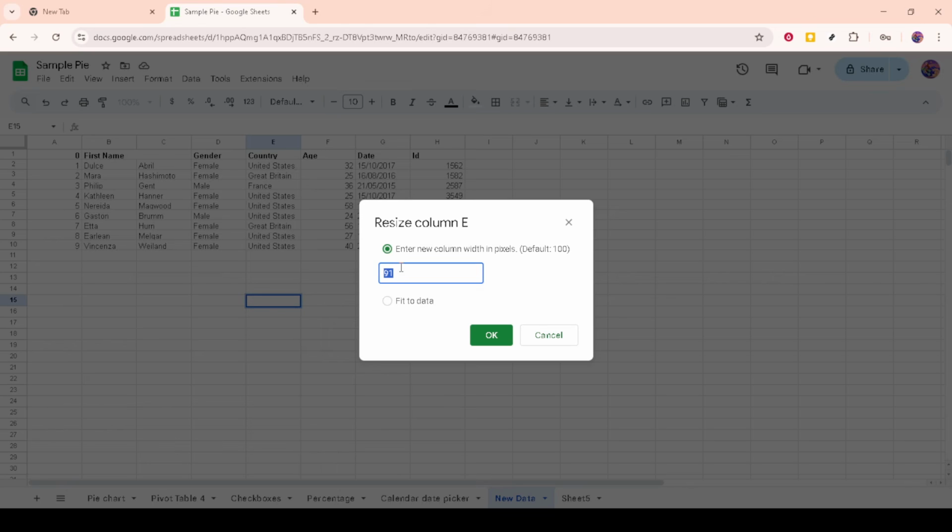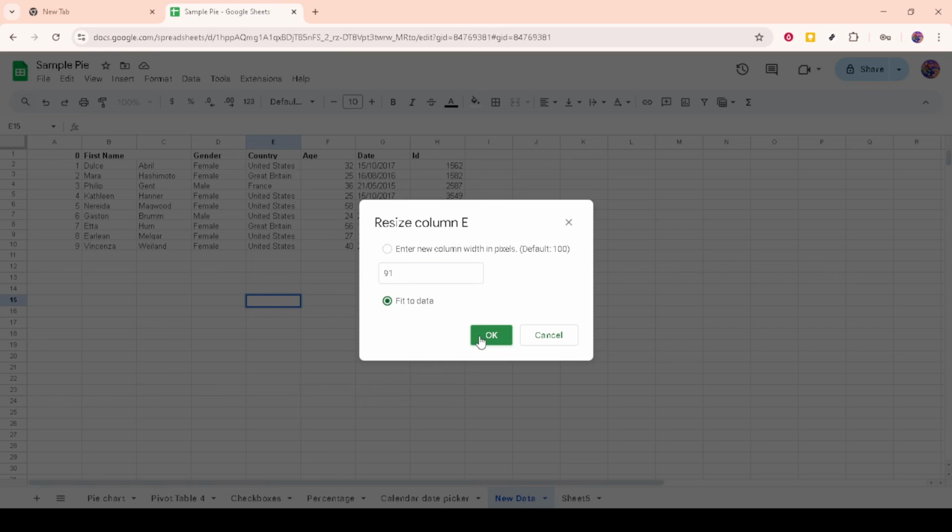Now that the Resize Options dialog is open, you'll notice an option labeled Fit to Data. This is the option we're interested in, as it automatically adjusts each column to fit its longest data entry perfectly. Select this option to enable AutoFit for your selected columns. Choosing Fit to Data is particularly effective when dealing with uneven data lengths across your columns, ensuring everything fits just right without excess space or cut-off text.